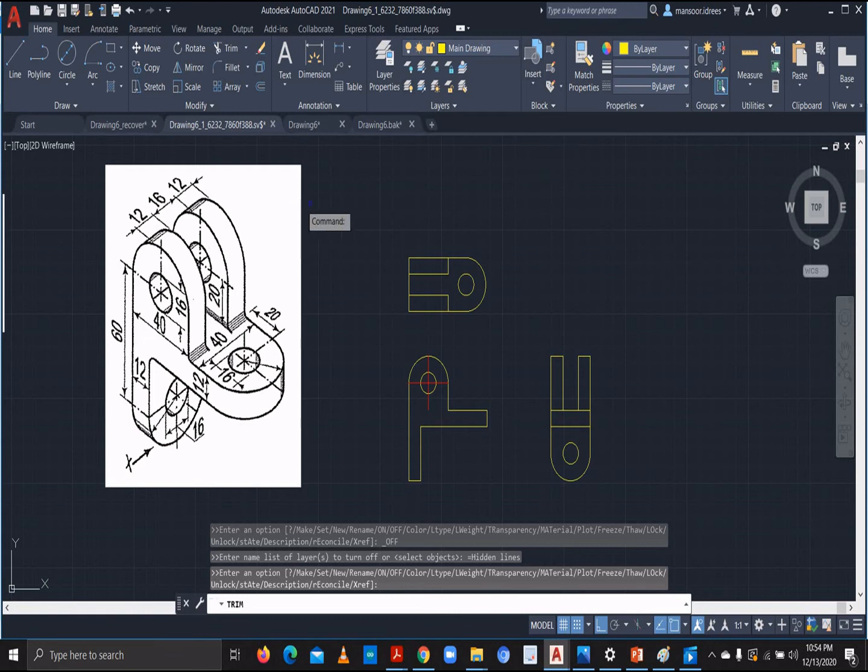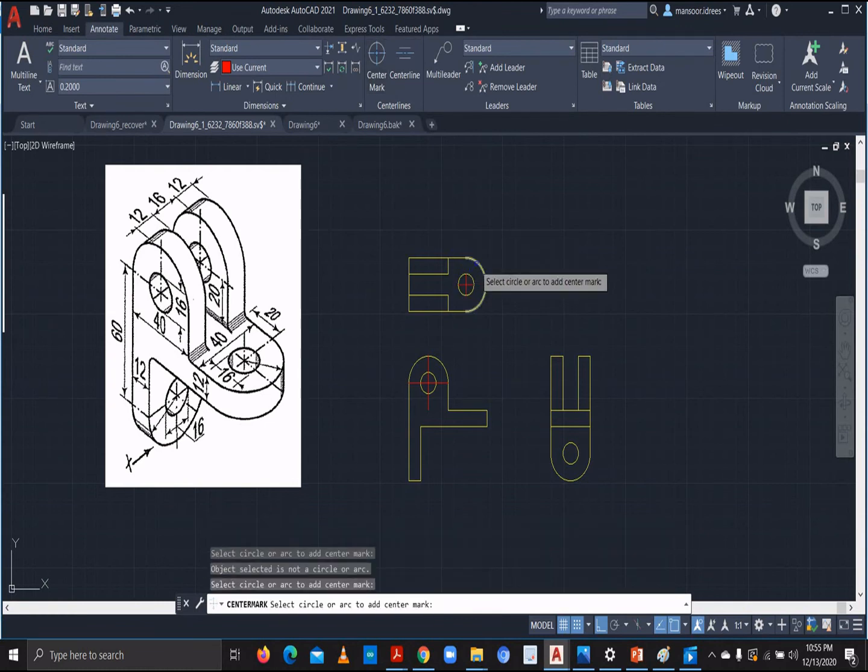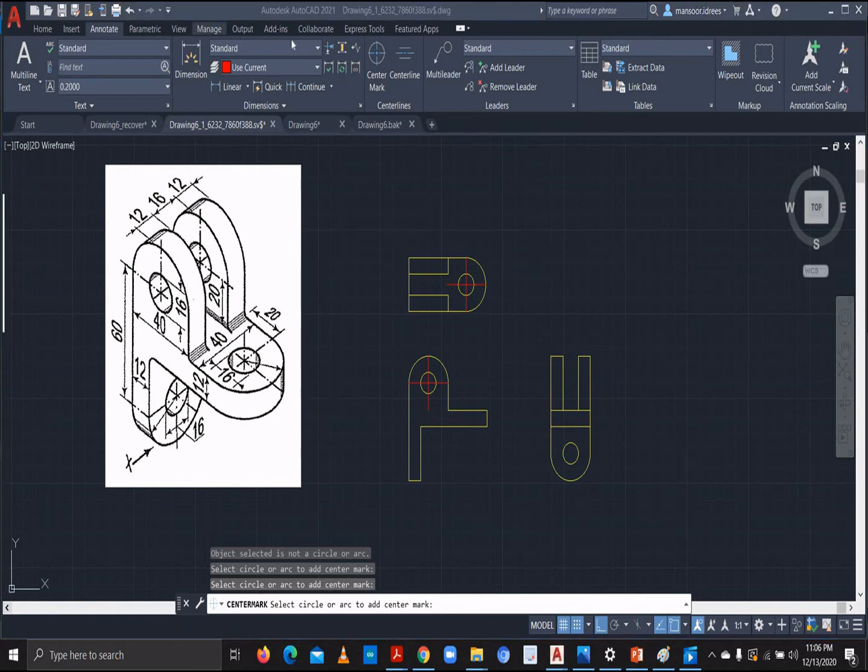Let me check once again my top view. These are two legs and this is the part in the middle and this is the circle. Okay, that seems fine. So I'll just select the center line layer again, go to the annotate and choose the center mark. Should be for this circle and for this line both. So this circle, this curve, so we have our main center lines, and now let's draw the other chain lines,